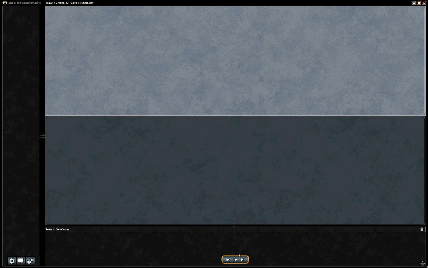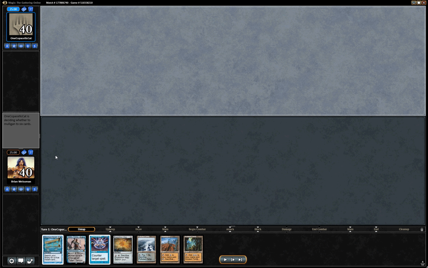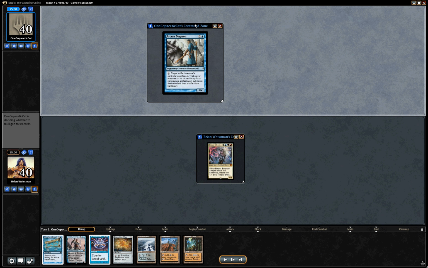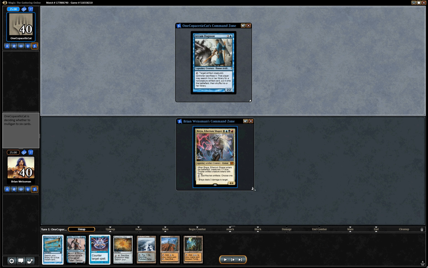Alrighty, just like that, another game. And just like the last few, this one also will feature Breya. In this game, I am up against my frequent rival, One Copacetic Cat. And this time he is wielding Arcum, who I'm sure many of you know is one of the most threatening